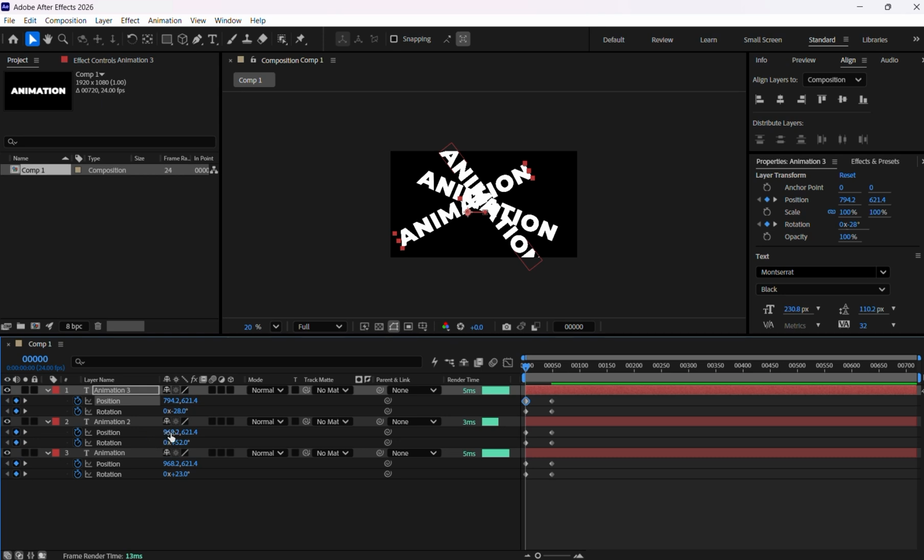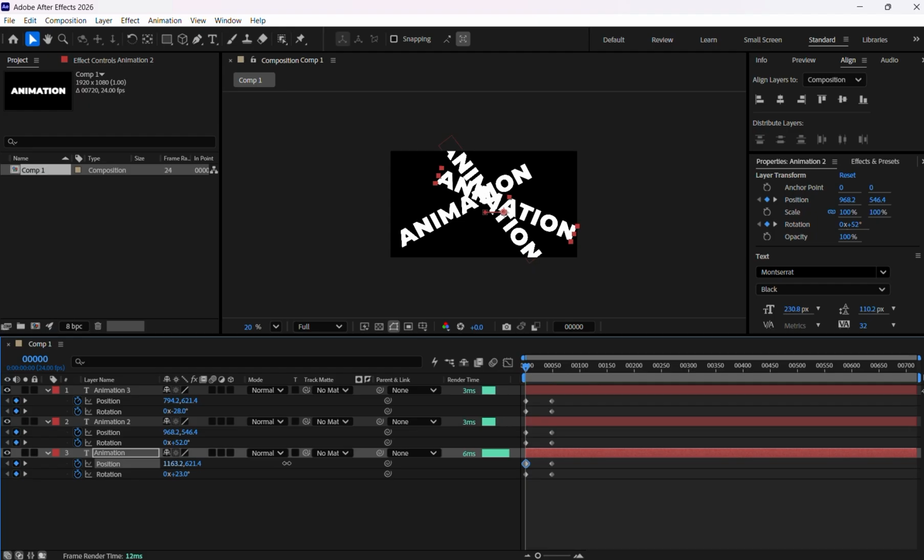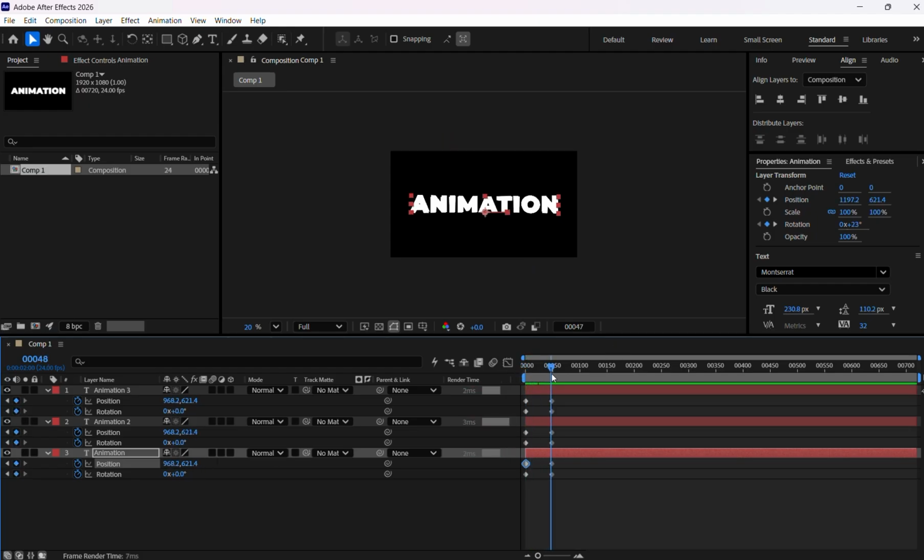For the second value, maybe we can move the Y position. And for the first text, maybe again we can move it to any other direction. And now if you see this animation, it's like converging from some other directions. Once it comes here, this is what we basically need. So once we have this set here,